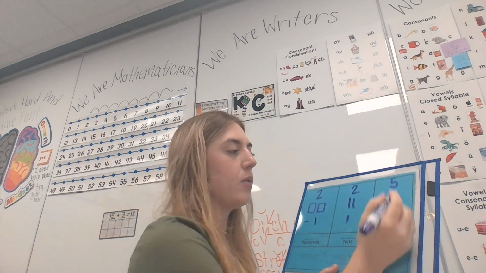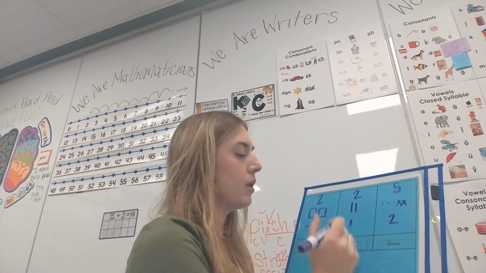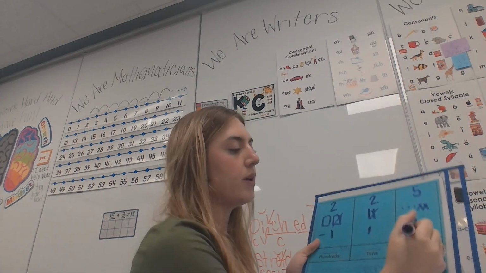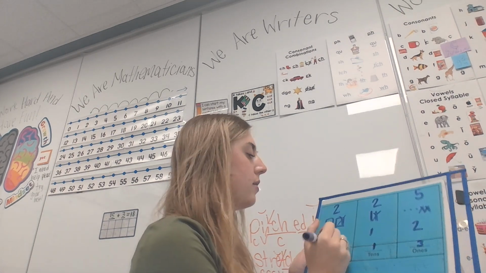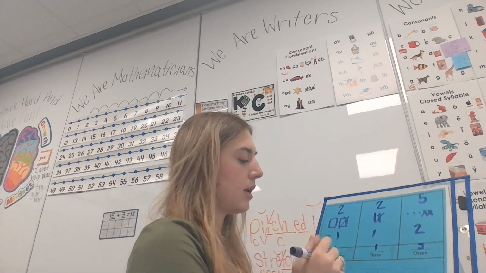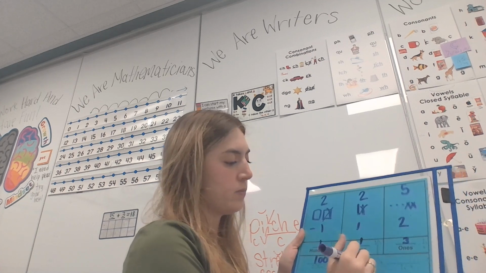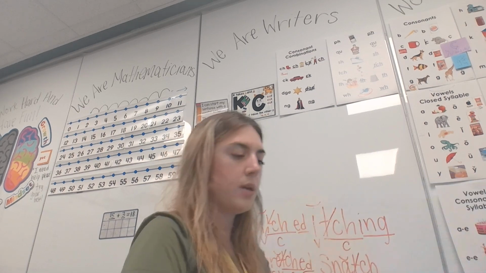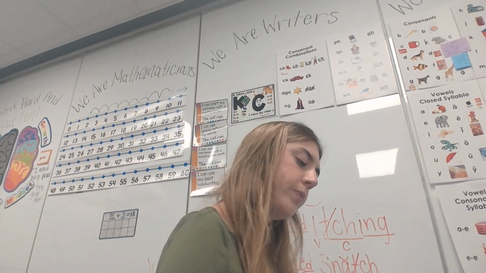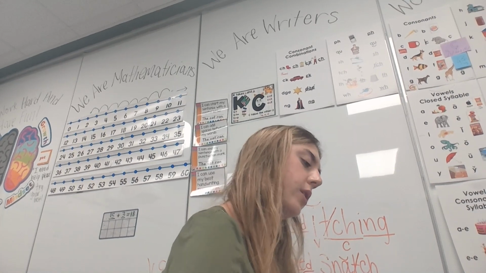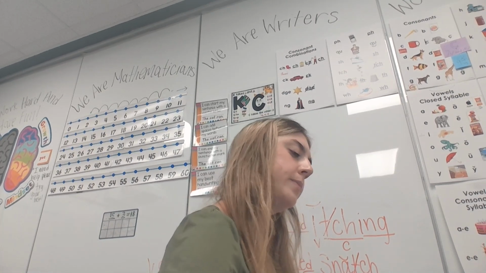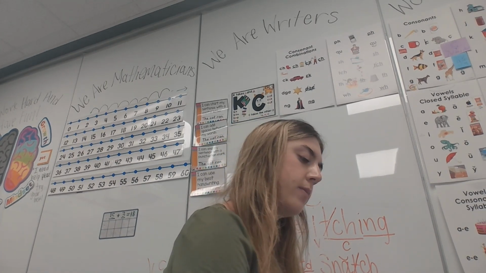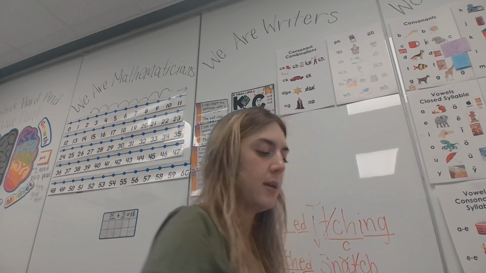Okay, but now what I'm going to do with my 112 is I'm going to write it, but I'm not going to build it. Okay, I'm going to put my subtraction sign here so that I remember that I'm taking away. I'm going to take away 2 of my ones. I'm going to take away 1 of my tens. I'm going to take away 1 of my hundreds. What I'm left with is 3 ones, 10, and 100. And I can expand that out. And that number is 113. Okay. If you have to borrow, or again regroup to get a different number, if we were doing 225 minus 117,